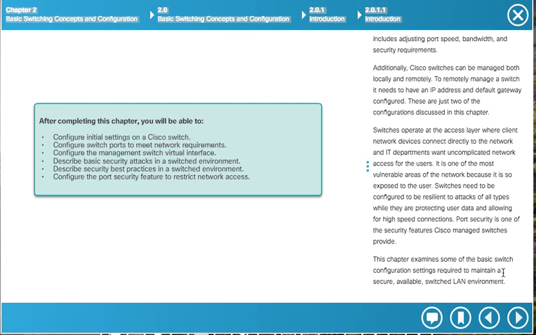Switches need to be configured to be resilient to attacks of all types, while they are protecting the user data and allowing high-speed connections. Port security is one of the security features Cisco managed switches provide. This chapter examines